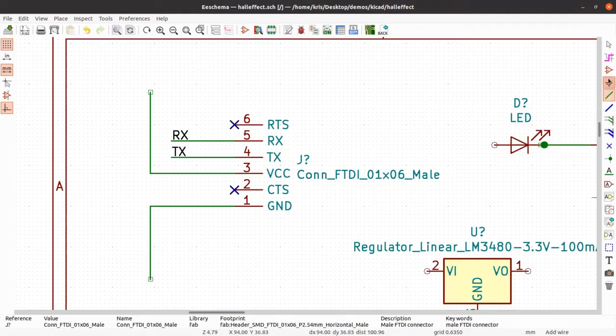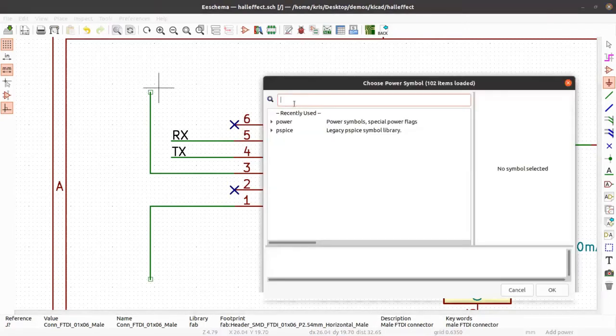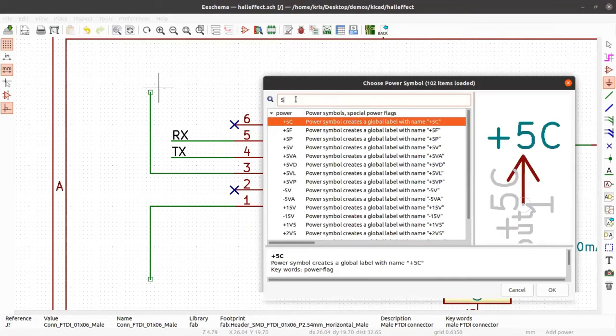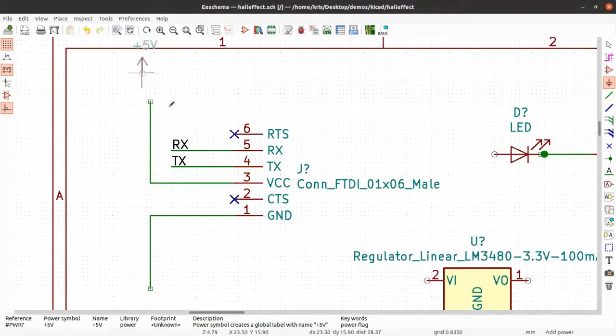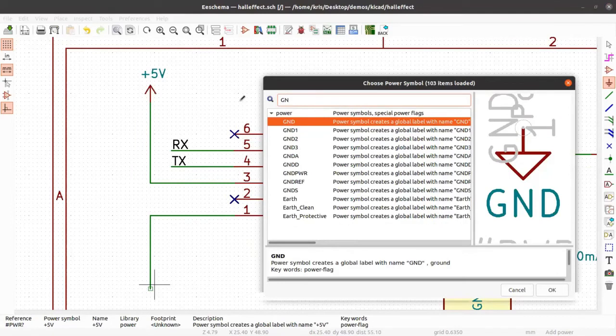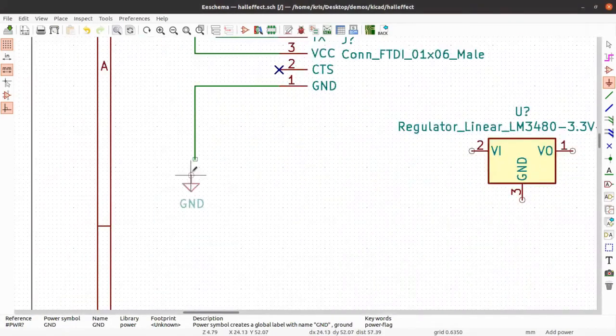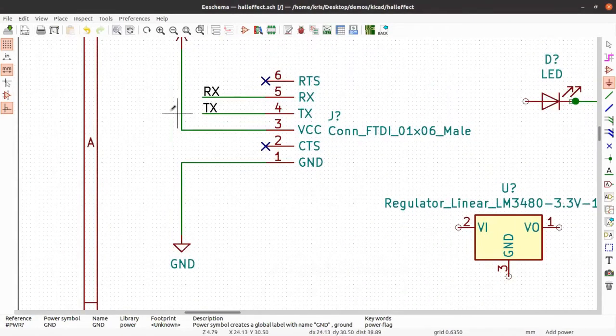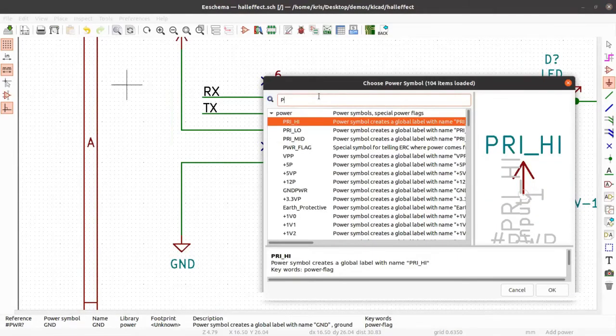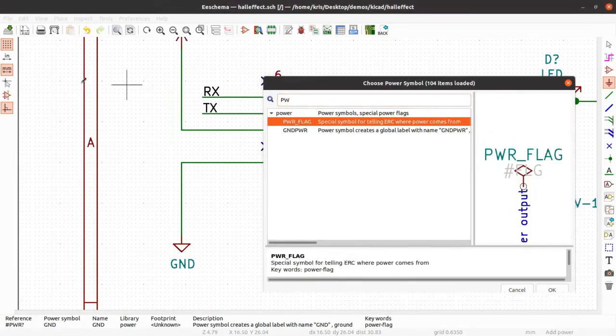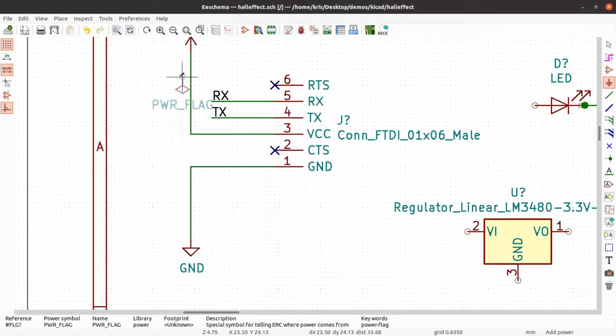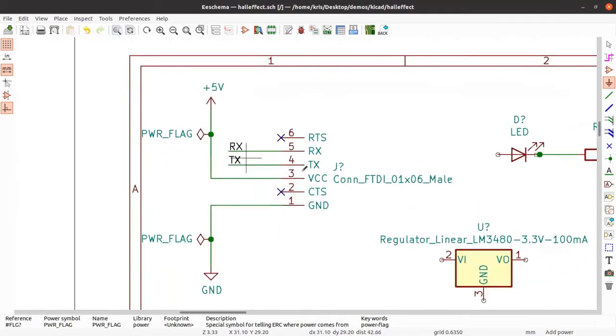separate those and add the power flags over here. So 5 volts are going to be here, and then ground is going to be here. And I also need the power flags, since it's the incoming voltage, incoming power here. So with these done,